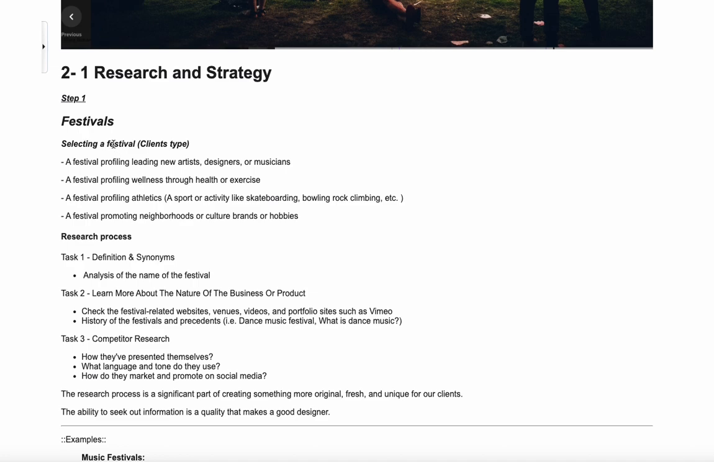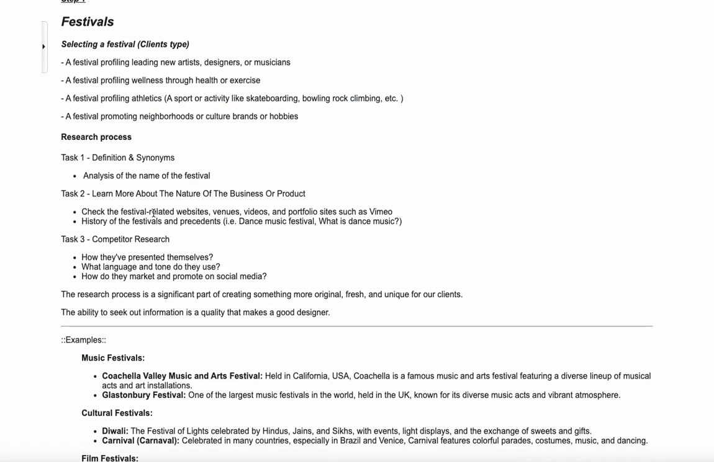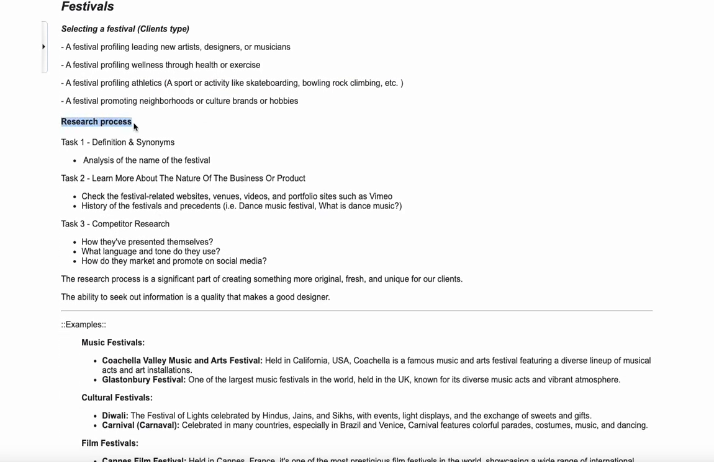So select the festival. Whoever is organizing the festival will be your client. So find your client first. And the research process will require 3 tasks. So the number 1 task will be